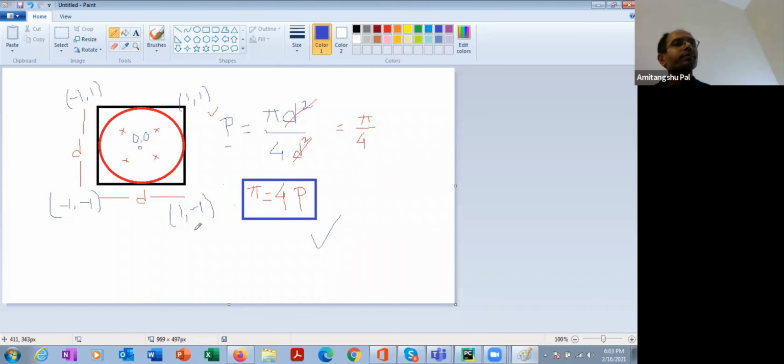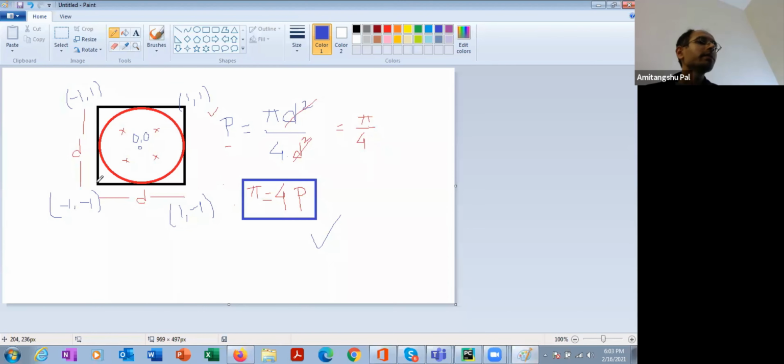All right. So that means I'm going to generate random coordinates. Random coordinates is equal to throwing the arrows randomly. Each time I'm going to generate random coordinates that fall in this space.